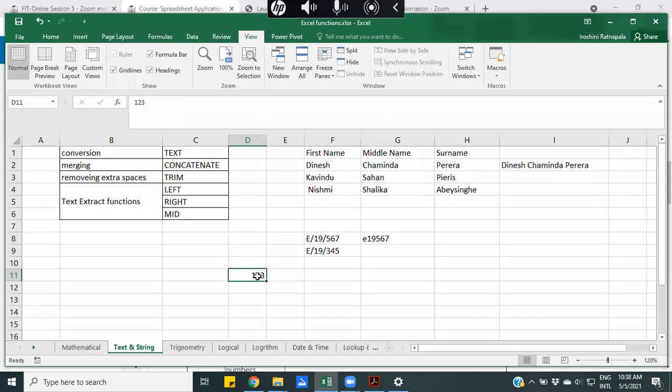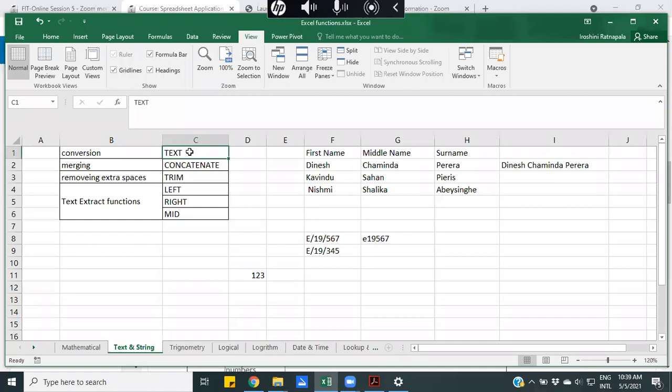Right? So this is a number. We can use it for calculation. But the same number, we can just format it as a text. And if we want to display that text with some kind of different format, then you have to use the text function.